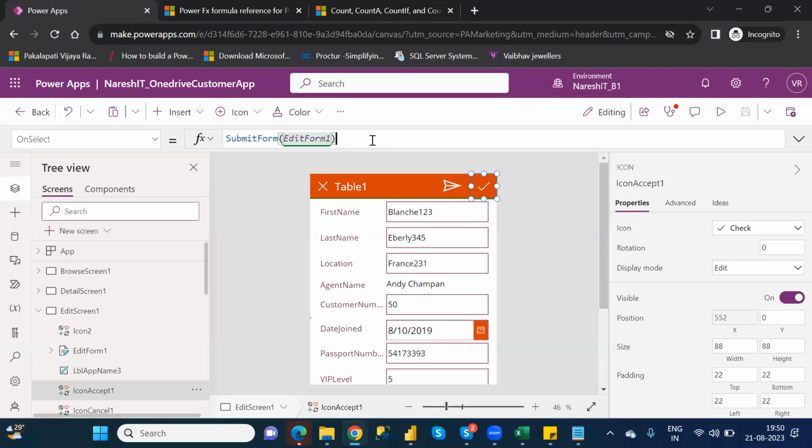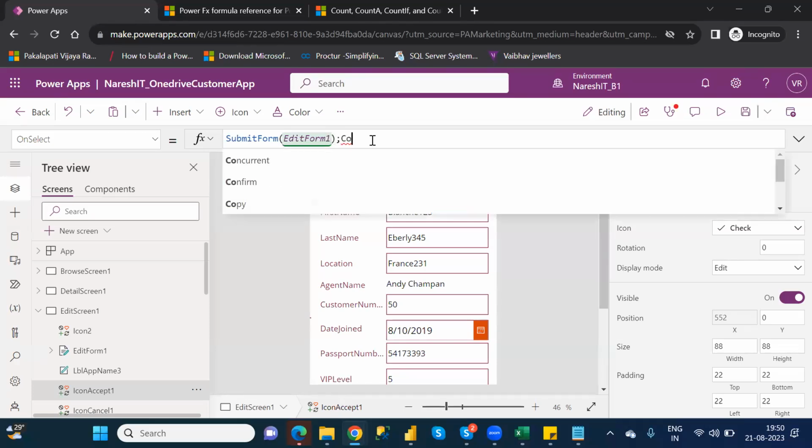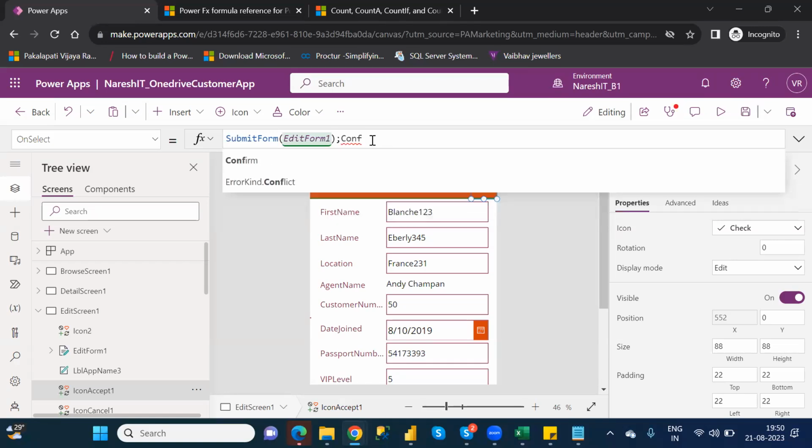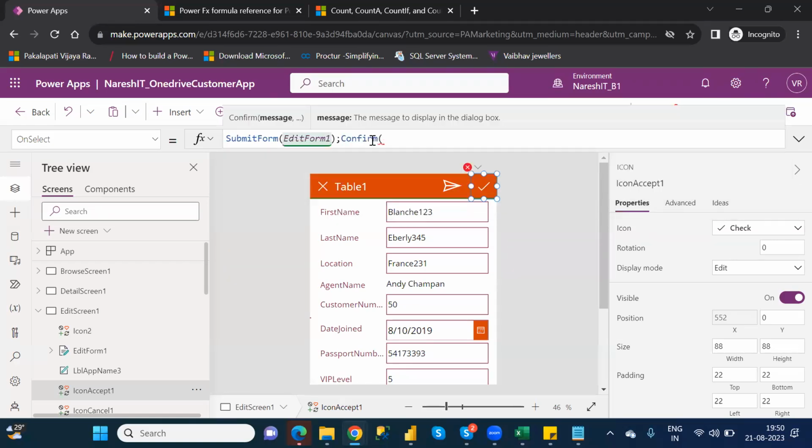So after this, I'm putting a semicolon and writing a confirm function. Okay. This will prompt a message whether it is successful or not. Like any message you can put inside that. Okay. Suppose successfully